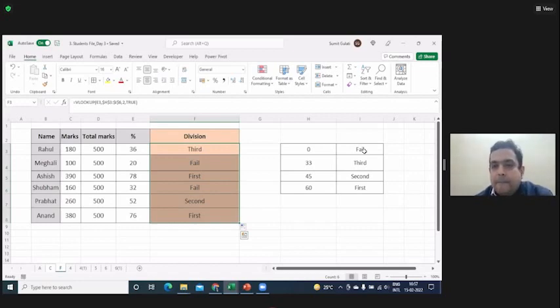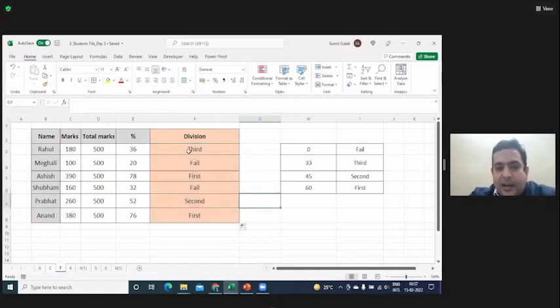Right? Is it clear at this point? Any doubts? No, sir. ठीक है? Clear till this point, just try it out. If you have not created this, just create it.